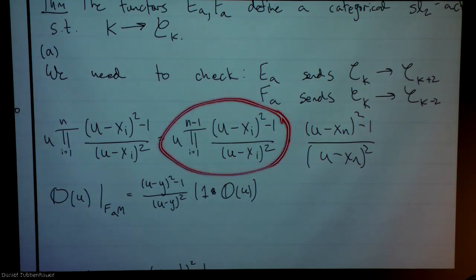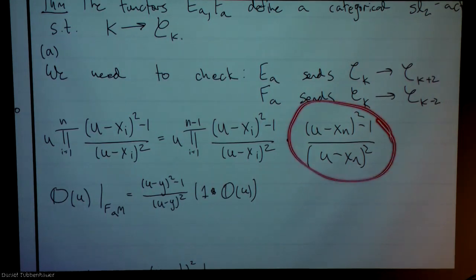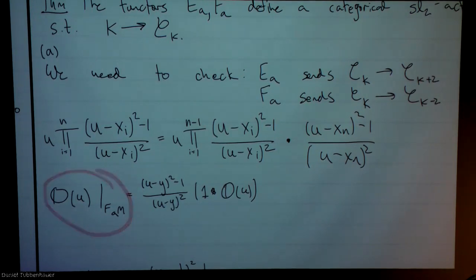This is the O acting on an Sn minus 1 module. And I'm seeing that the difference between those is a rational function in the last Jucys-Murphy element, which is an endomorphism of my functor. So when I write this in terms of the functors, I apply this rational function O to the guy after I've applied F. And that's the same as